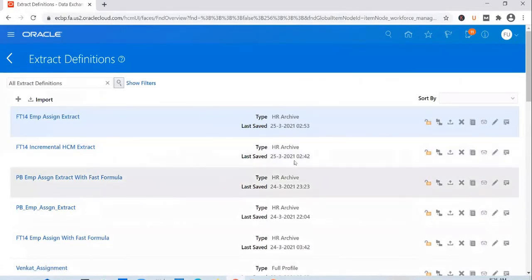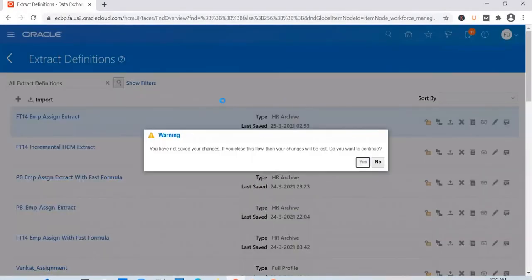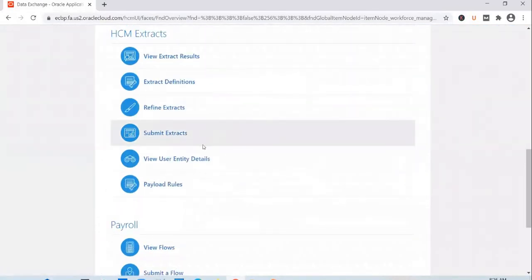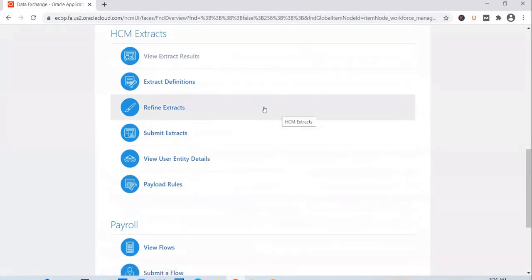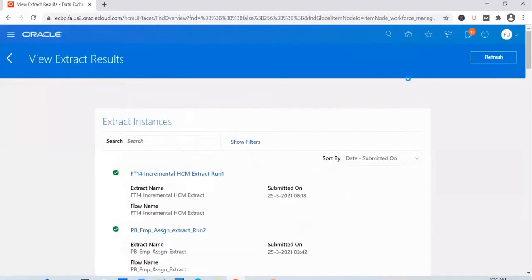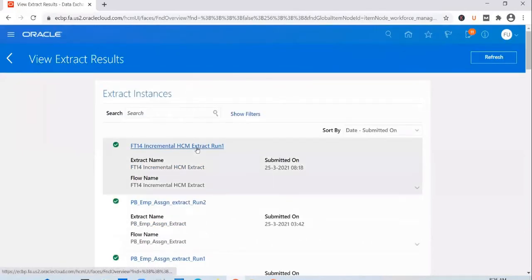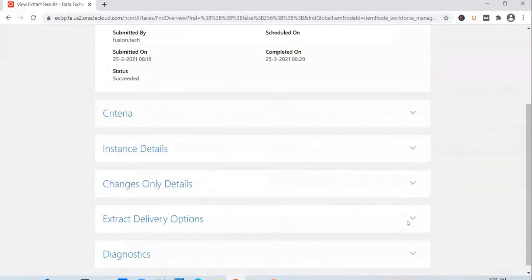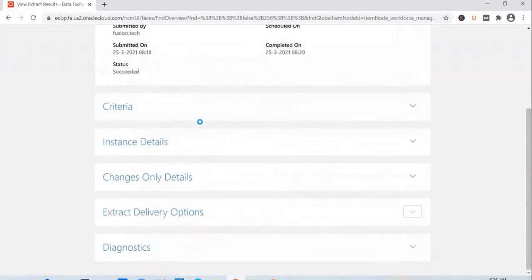Okay, so let's go back to the flow and see what happened to our request. Let's go to view extract results. This is the extract run that we have submitted, incremental extract run 1. Scroll down.